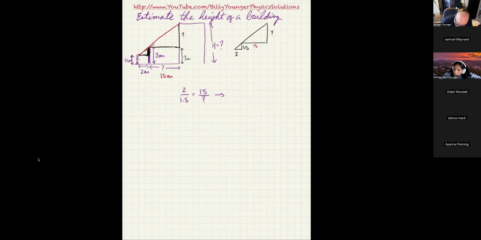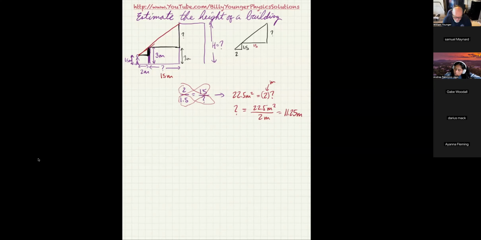And all we have to do is cross multiply. This is the only time, by the way, you cross multiply. Don't get in that rut of thinking you cross multiply to work with fractions. That's not it. But 15 times 1.5 is 22.5. So I'm going to say 22.5 meters squared is equal to 2 times question mark. So question mark is 22.5 meters squared divided by 2 meters. And that gives me 11.25